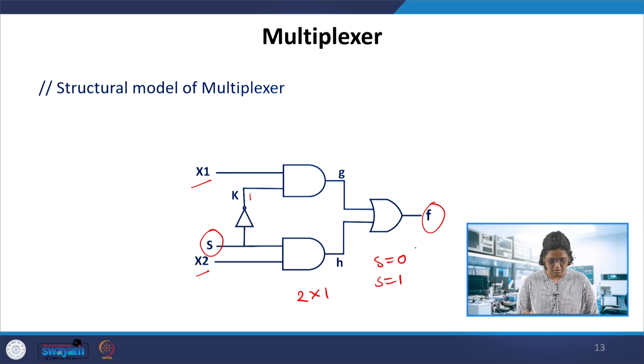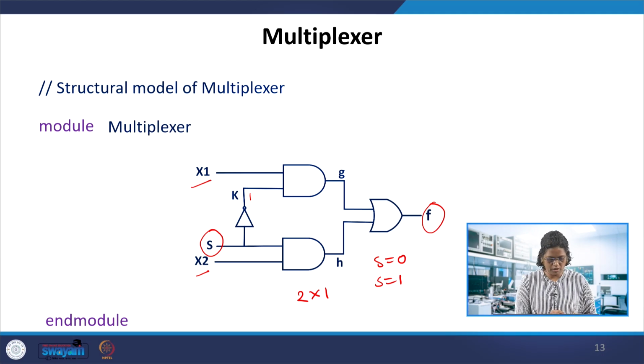So let's see the module now. We can see the connection between the AND gate and OR gate. Here also this OR gate and AND gate, so there are two connections, and also between the NOT gate and the AND gate. So between the elements we have these connections. Let's see how to handle this in the structural model. As such, what is drawn over here, we need to write it in the code.